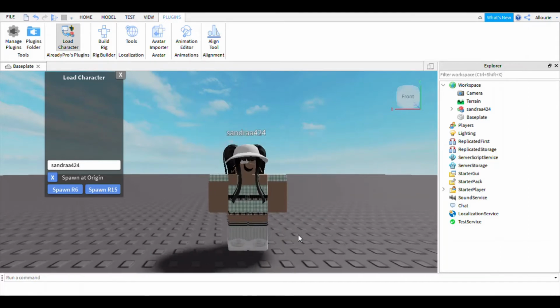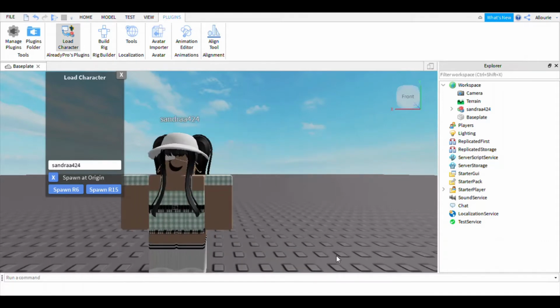So I already imported it, but when you type in the username, don't press spawn R15. That will ruin the GFX, because using the woman rig is basically easier to blend and rotate. So you have to make sure you have this X next to spawn at origin, then press spawn R6. I already have my character spawned, so I will just be saving it,